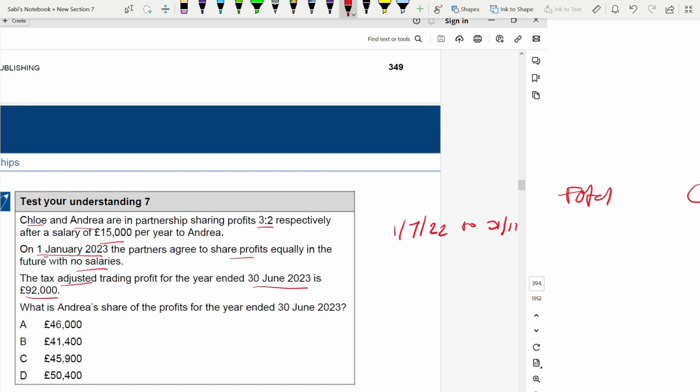So till 31st December 22, profit ratio share did not change. It was 92,000